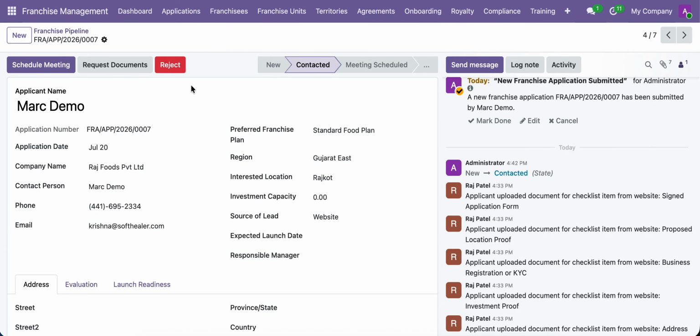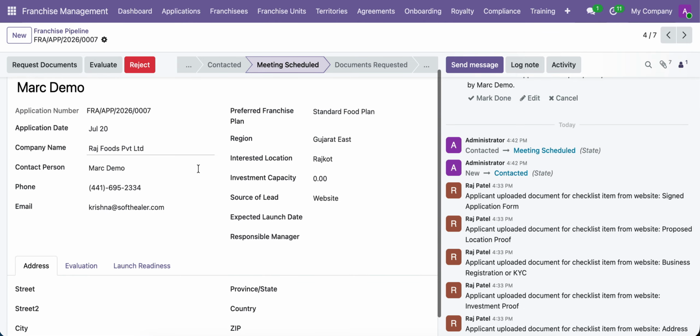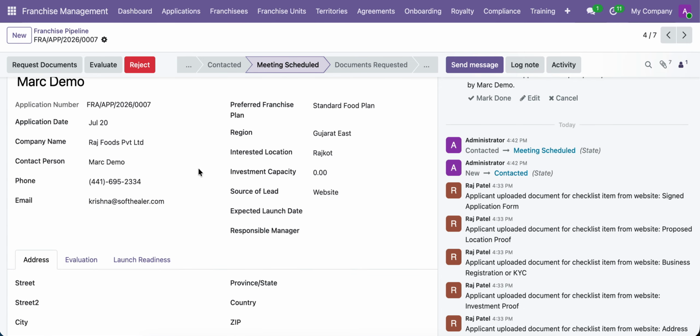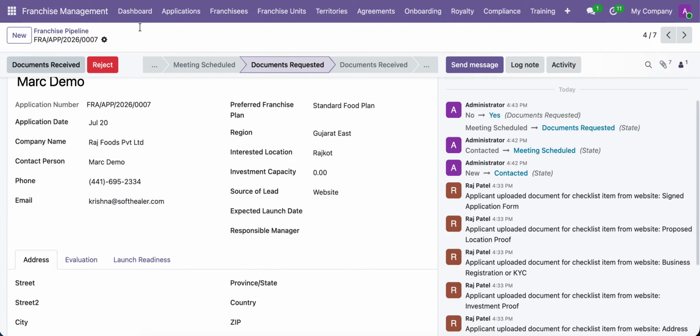After that comes Meeting Scheduled. This means the company has planned a meeting or discussion with the applicant. This may be a qualification call, a business introduction meeting, or a discussion to understand the applicant better before moving forward. The next stage is Document Requested. This means the business has asked the applicant to provide the required documents. At this point, the process cannot move ahead until the requested papers are